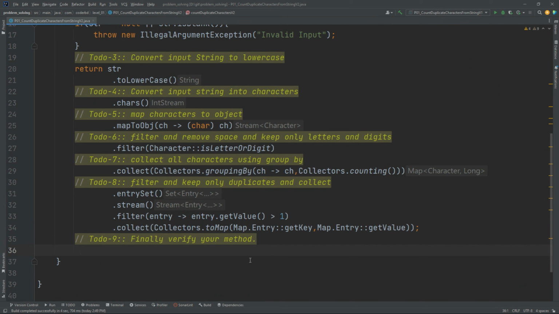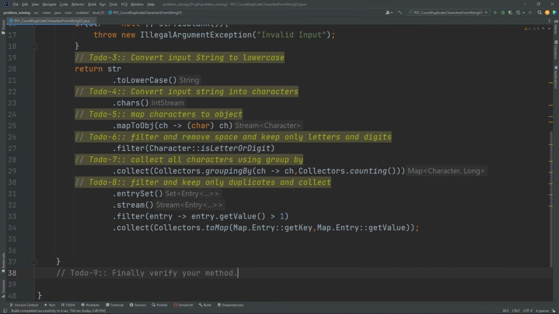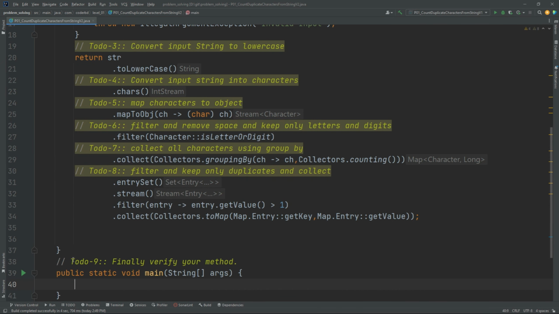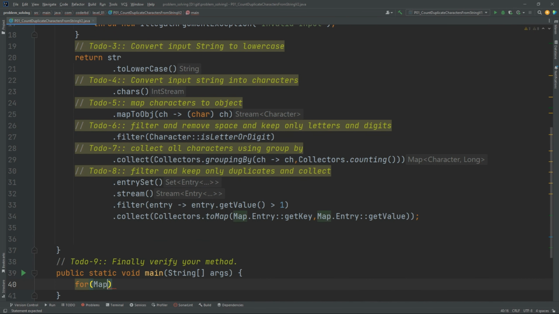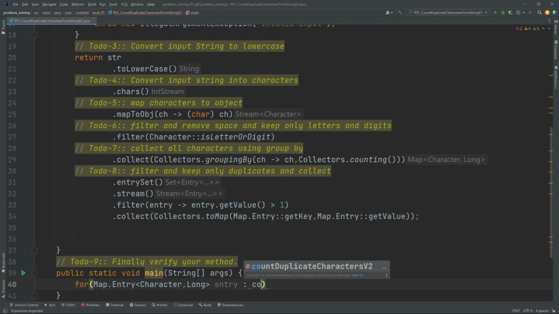Okay, now let's test it here, psvm. So write a for loop, Map dot Entry, first parameter Character, second parameter Long, and variable entry. Now countDuplicateCharacters version 2,